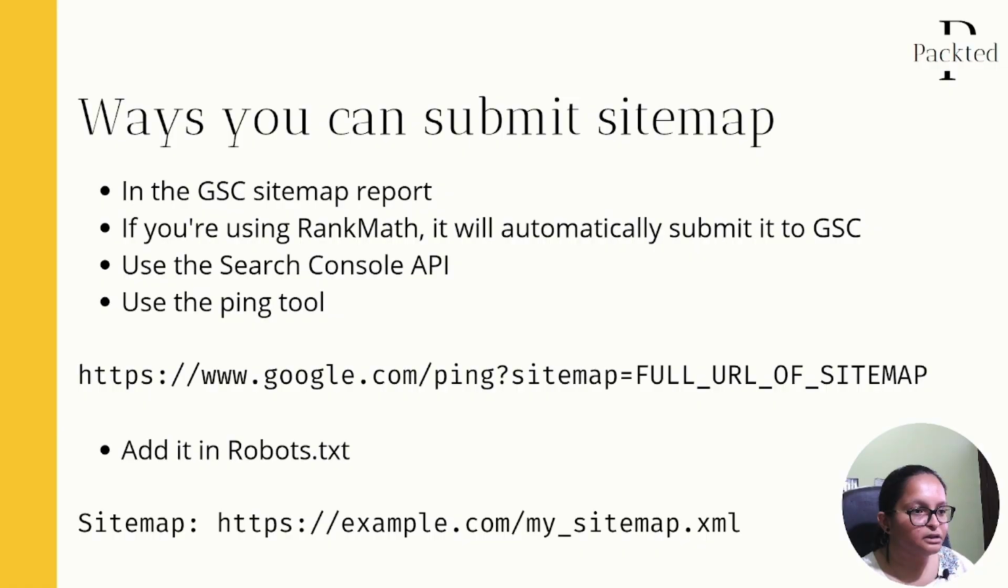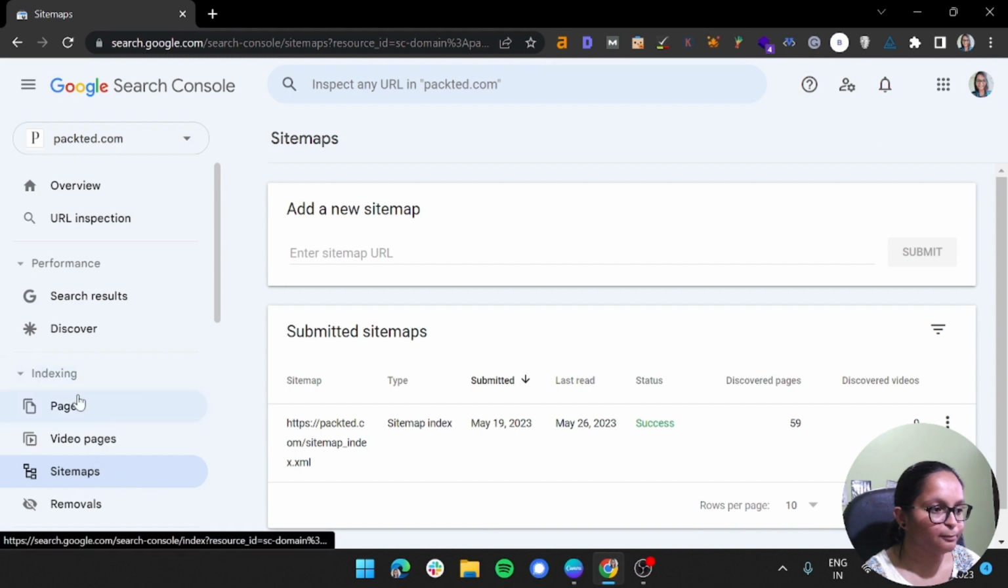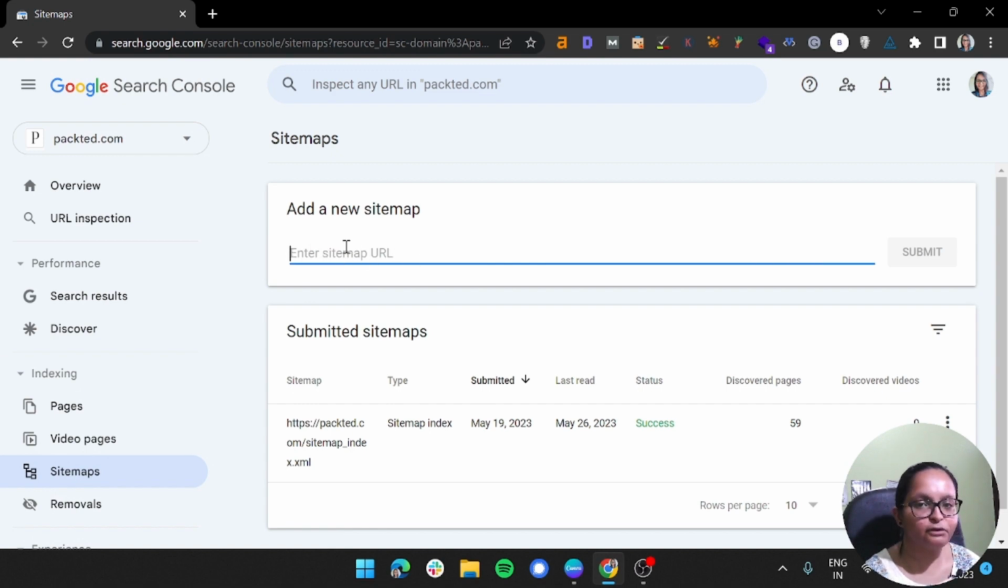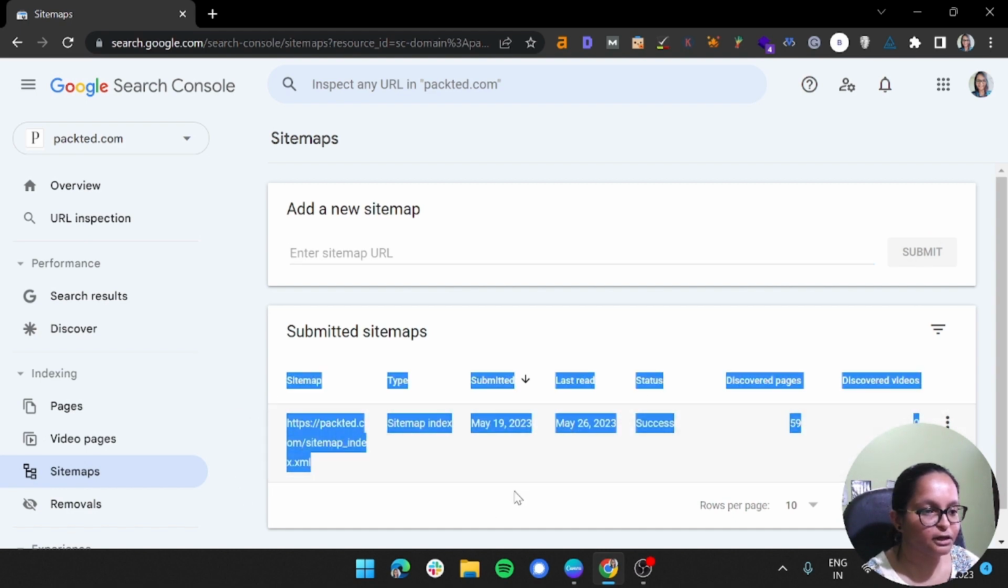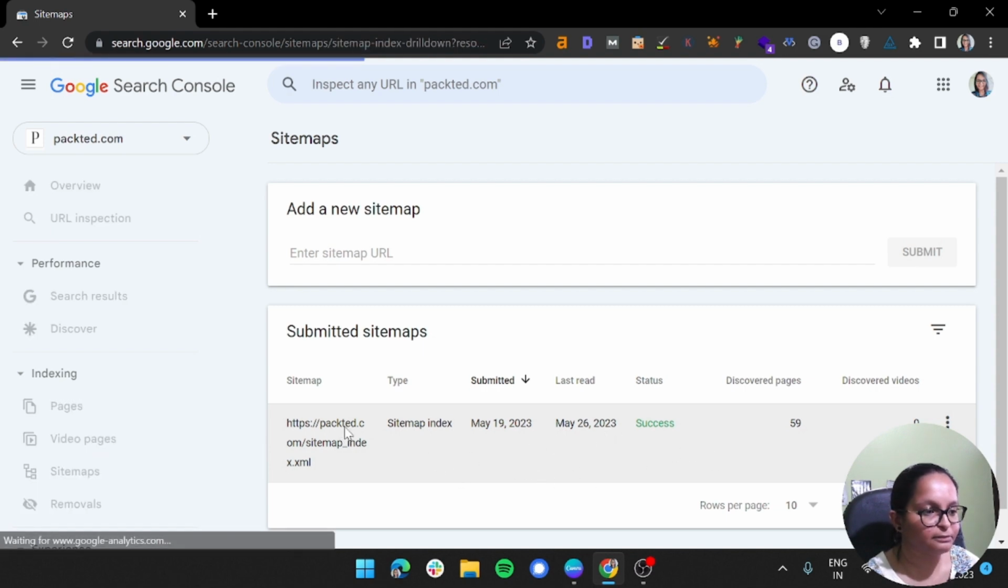daily. Lastly, we are talking about the ways by which you can submit your sitemap to Google. The first way is that you can use the Google Search Console sitemap report. So here we are in the Google Search Console, and in the Search Console you have the sitemap option in indexing, and you can add your sitemap from here. You just have to add the sitemap's URL, and then you would have to click on submit, and then it will show all the sitemaps you have here, and you can get information about this sitemap by clicking on it,